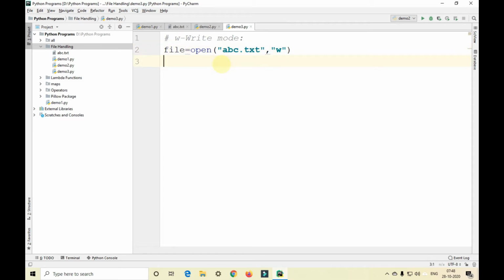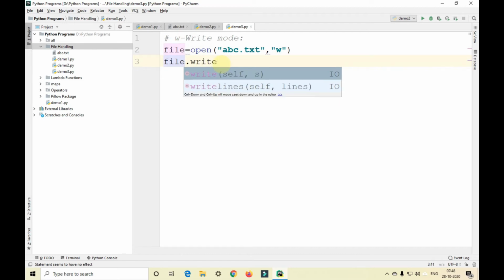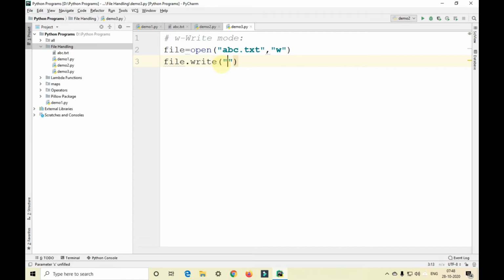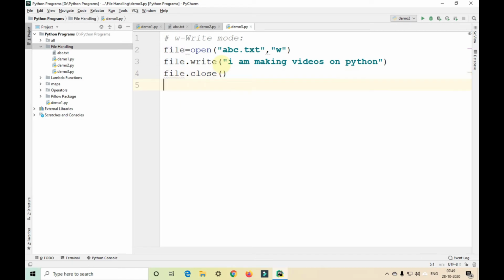After that, file.write, I am making videos on Python. Then after that, file.close. After closing, we'll print data written to file